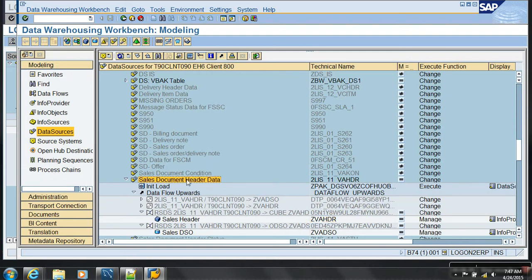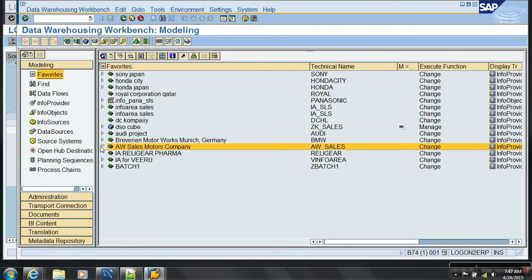So I have the data source. Let me create my cube and then connect it.